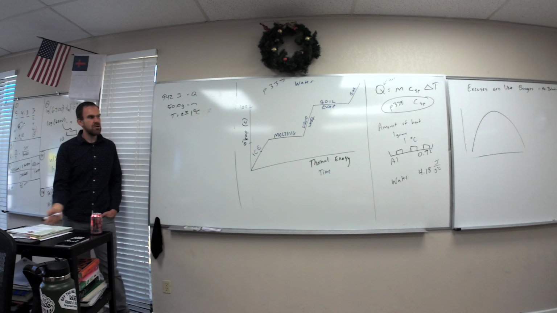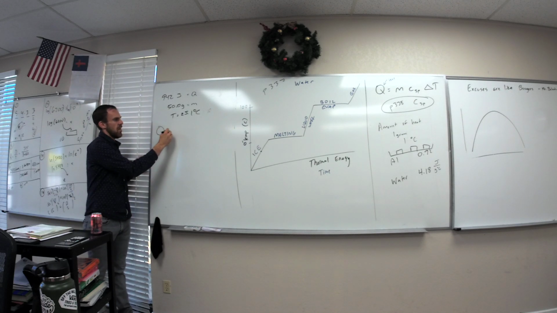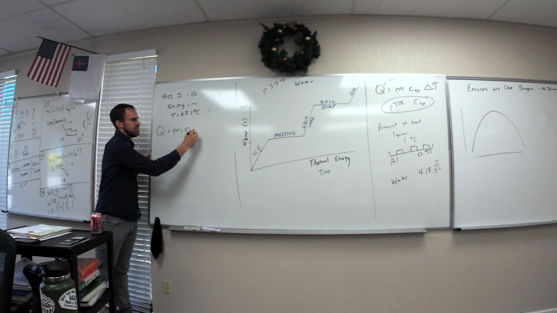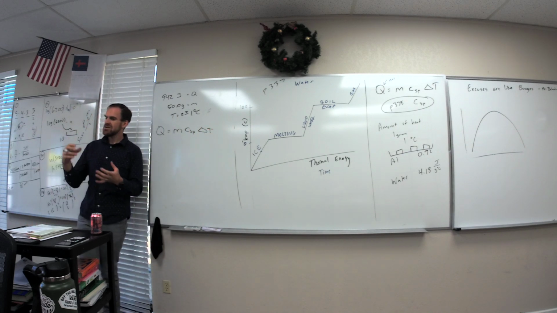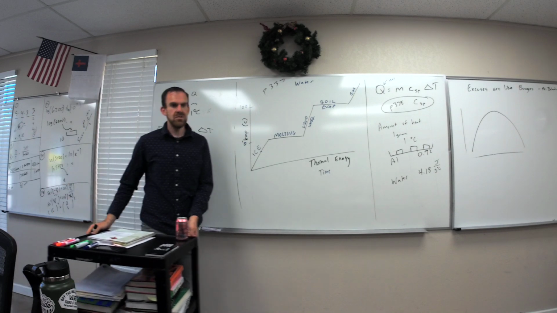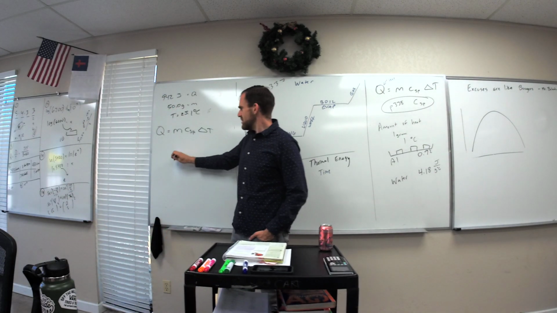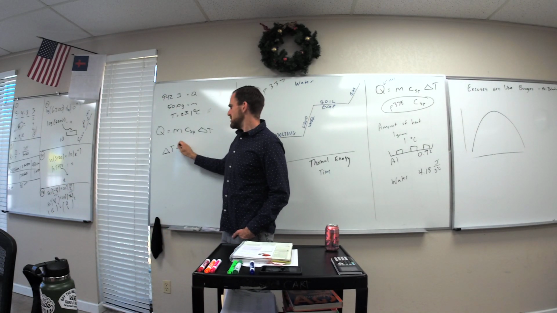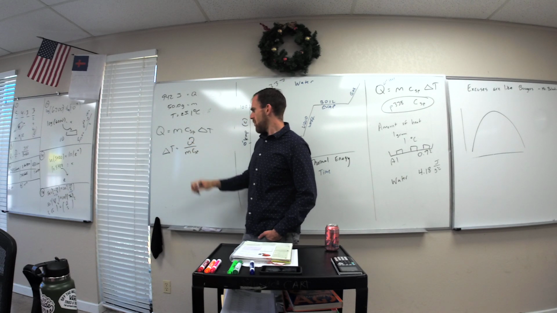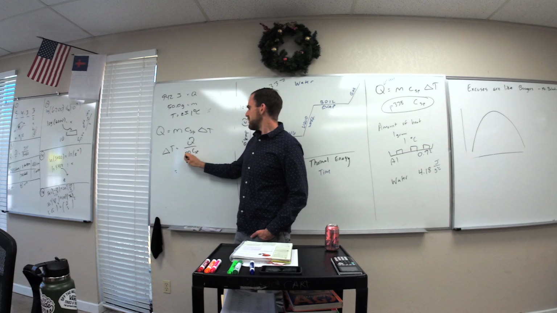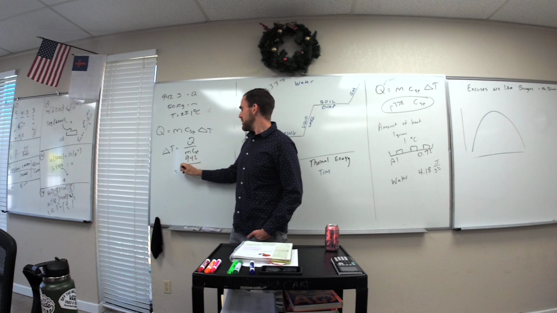Okay, so this is how we would do this. Q equals m c delta T, God bless you. I'm not going to use the temperature because I want the change in temperature. So I will solve for delta T. Delta T is Q over m c. Q is 942, m is 50,